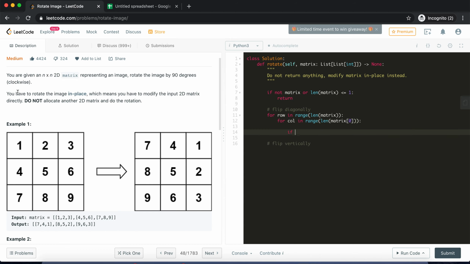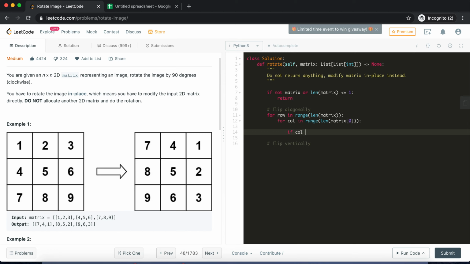Now in order to perform this diagonal switch, we can omit some cells. We'll just focus on the items which are on the bottom half of this diagonal, because when we switch these elements, the others are automatically switched, so we don't have to repeat the process for items on the right side of the diagonal. We will only focus on items on the left side of the diagonal.